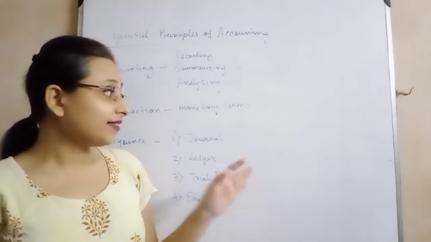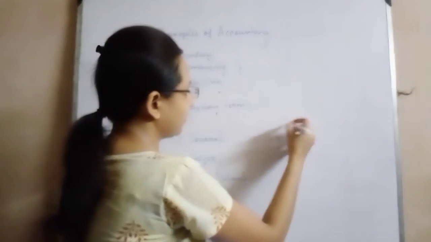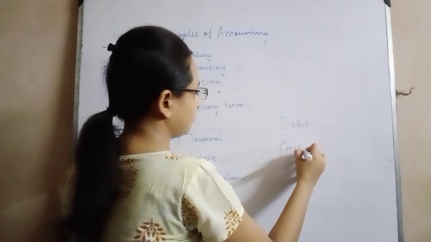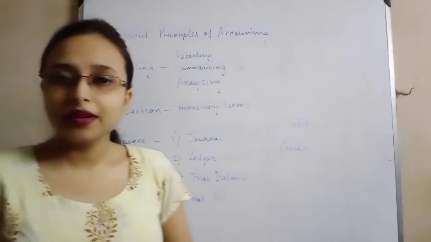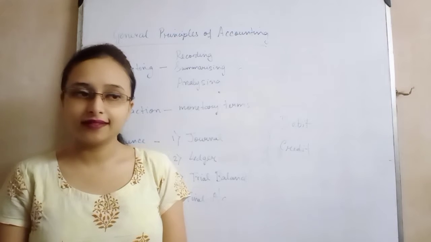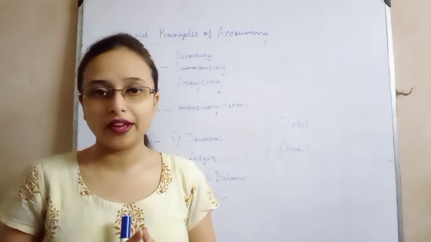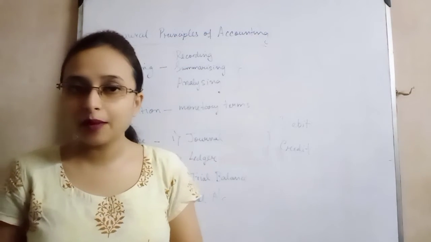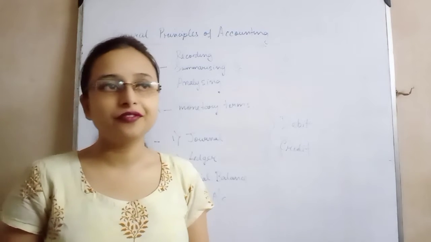Now, as I told you, debit and credit. What is debit? What is credit? Debit means whatever things are coming in. For example, debit and credit are like two sides of a coin. A coin has two sides and you cannot skip or omit any part. Similarly is debit and credit. For example, I say